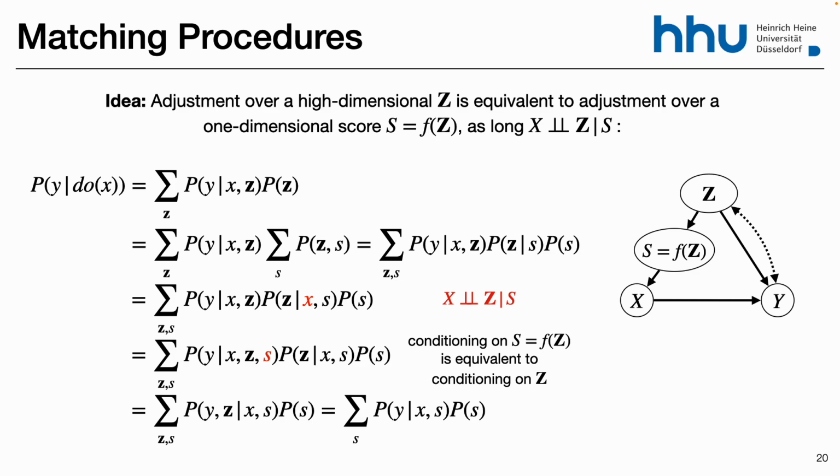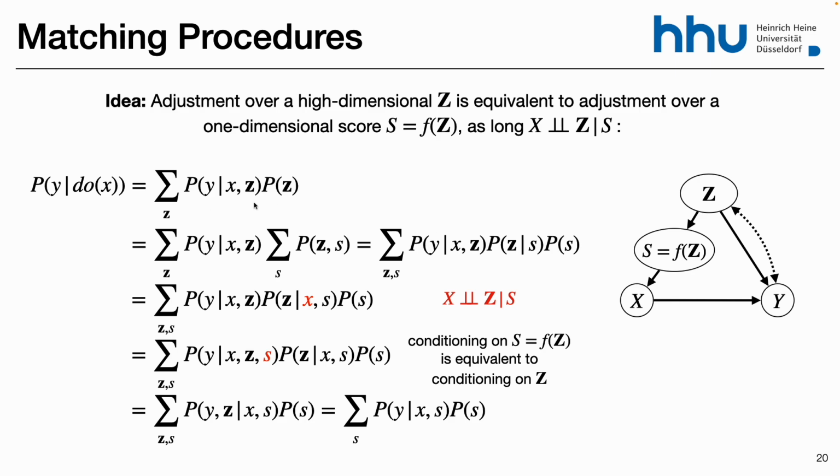Let me go directly to the graph. In the graph you can see a graphical representation of this independence. Basically I want a score that's going to mediate this. So if my Z already blocks all my backdoor paths, I basically can get this S as a function of Z, and it's going to block this path. That's what I want, that X is independent of Z given this function. And in the end, instead of conditioning on Z, I'm going to condition on S because it's still going to work to block my backdoor paths.